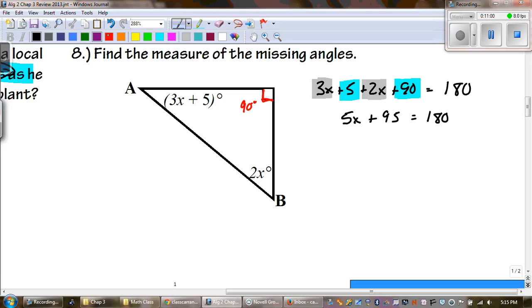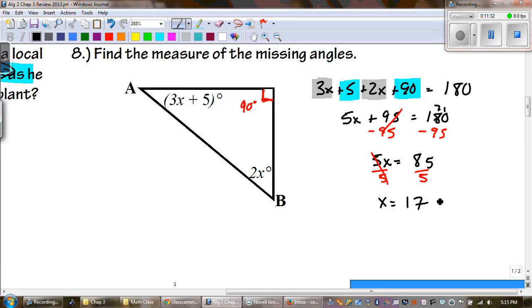And now what we have to do, solve for x. Subtract 95 to both sides. 180 minus 95, I need to borrow, so I get a 5. That turns to a 7. And 9 minus 17 is 85. Divide both sides by 5. That's on your multiplication chart. And you get x equals